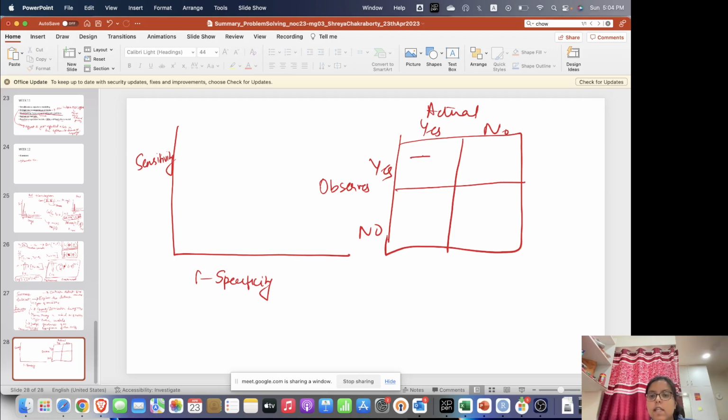Okay, so this is true positive, this is true negative. This is actually no but observed yes, so this is false positive. This is false negative: observed negative but actually it is true. Okay, so sensitivity